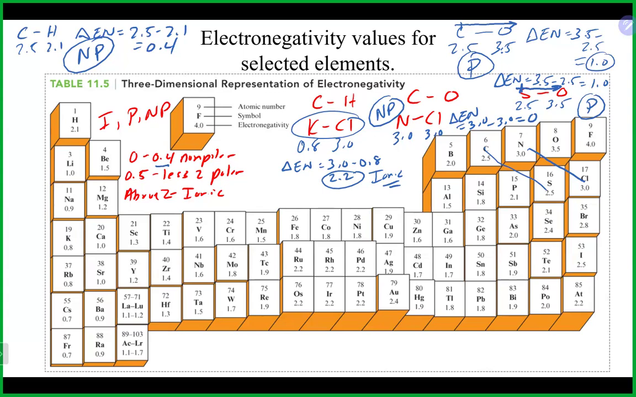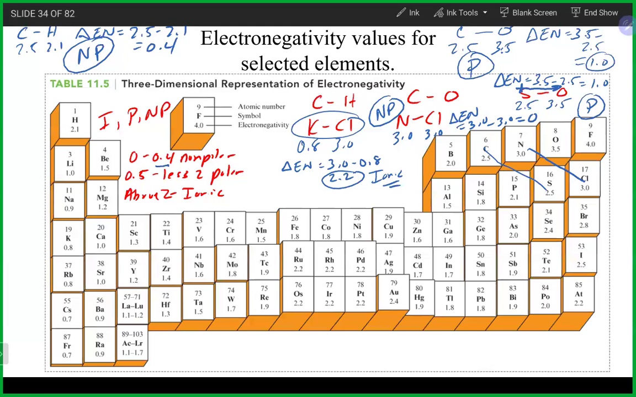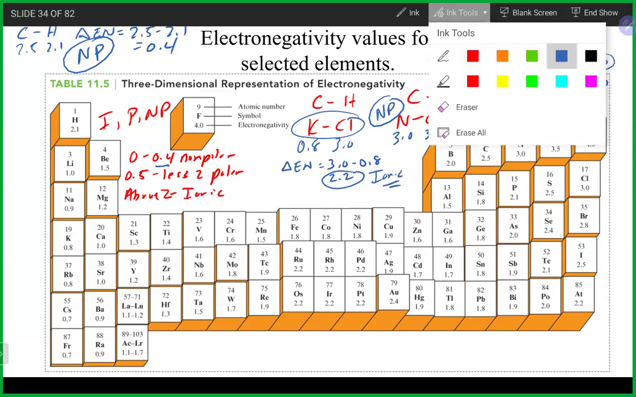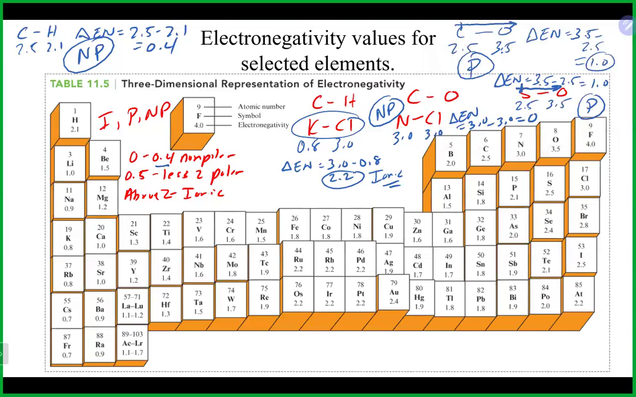Other questions? Yeah. Now, do you always need these values to determine whether or not something is going to be polar or nonpolar? The answer is no. You can usually make a fairly good educated guess on whether or not a bond is going to be polar or nonpolar just based on the general trends of electronegativity on the periodic table, where it increases up and to the right,